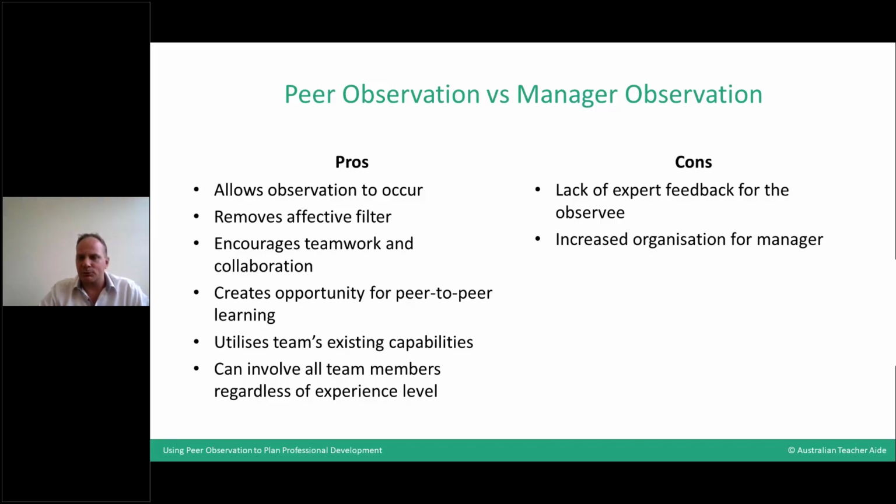As you move through it and you do it two or three times, that goes away a little bit because the teams become more self-sufficient. But when you're setting it up and running it for the first few times, there is definitely an increased workload for the manager. And the last one is a monetary cost. There is a slight cost for paying casual TAs to cover the observers during this process.